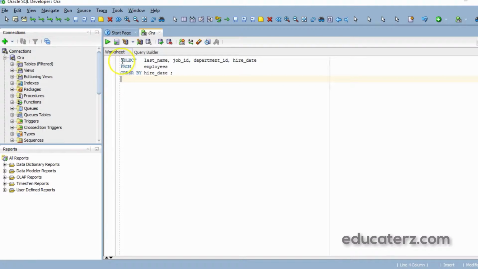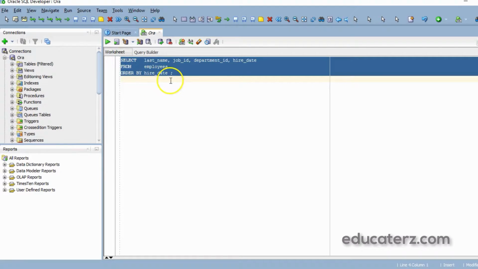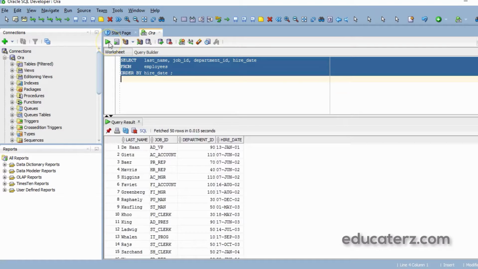I will execute this query in SQL Developer and show you the results. Look at this. De Haan, administration vice president, department ID 90, hired on 13th January 2001. And Gates, his job ID is AC_ACCOUNT and his department ID is 110.